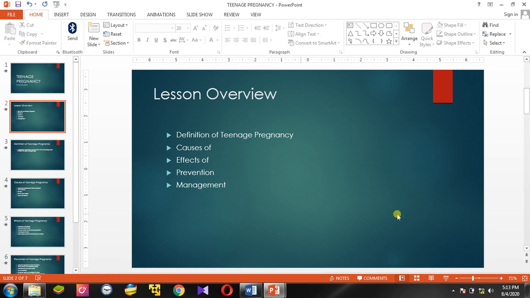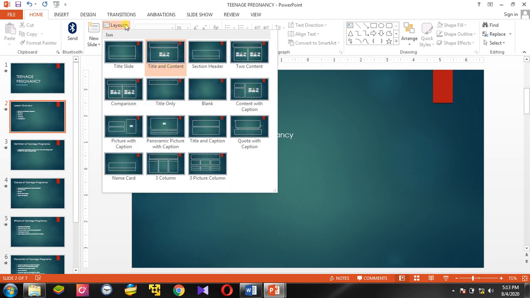So let us change the layout so that we can have two placeholders. So what we do, as we have learned, is to click the Layout command and then we will choose the two content